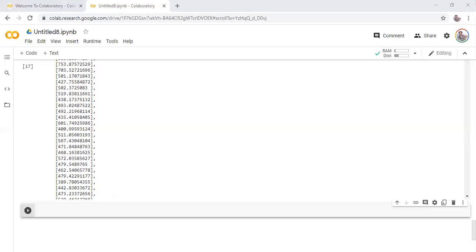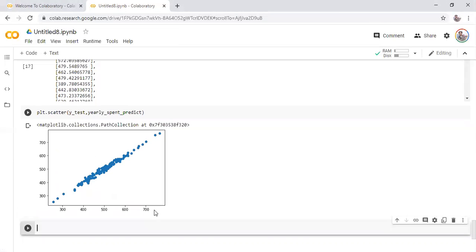To do a comparison, we can compare it many ways. We can find a mean square error, or we can create a scatter plot. So if I do that, now you see we are getting a scatter plot. Now you see most of the values are falling in a straight line. It means whatever the predicted values, the same are the actual values. Can you see a straight line here, right?